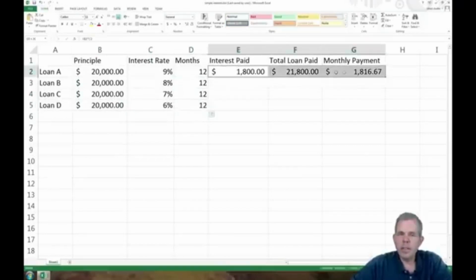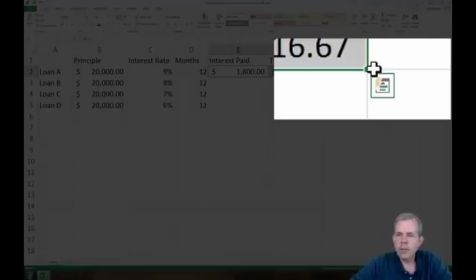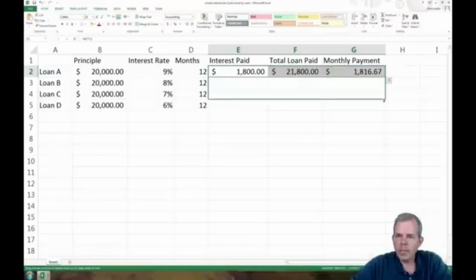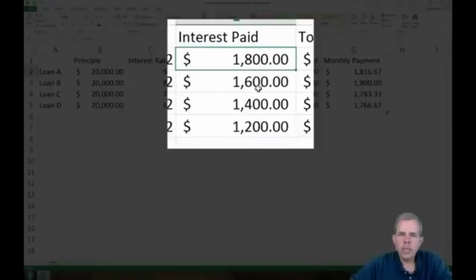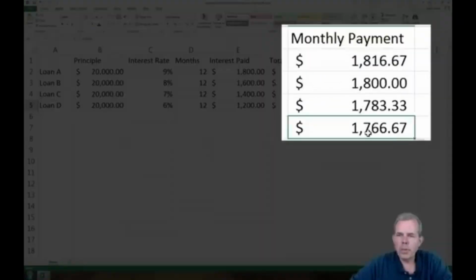Now let's take the last three columns and we're going to fill down. So I'm going to select those three columns and drag from the small dot in the corner, and this will calculate my interest based on the 12-month payment. So let's see here. The interest rate is better for the 6%, and then the total monthly payment is slightly